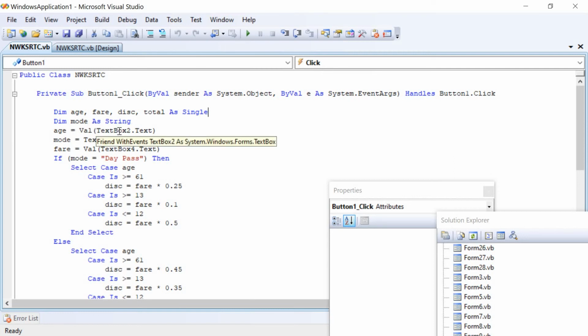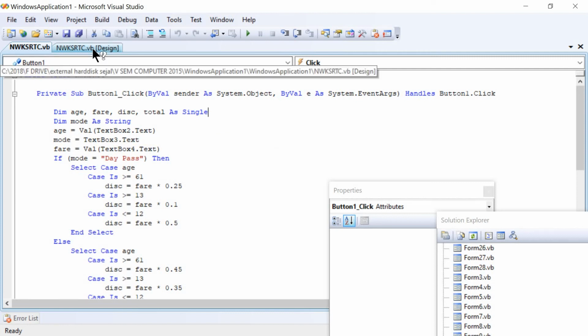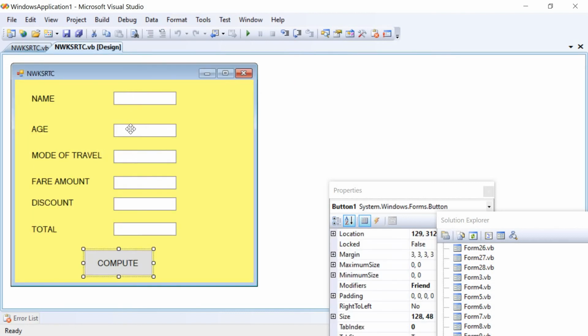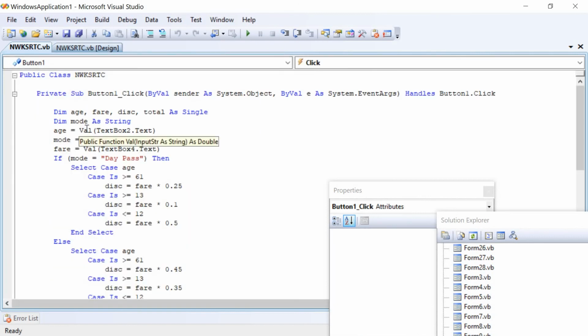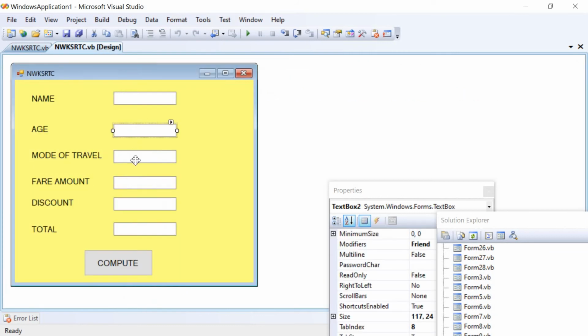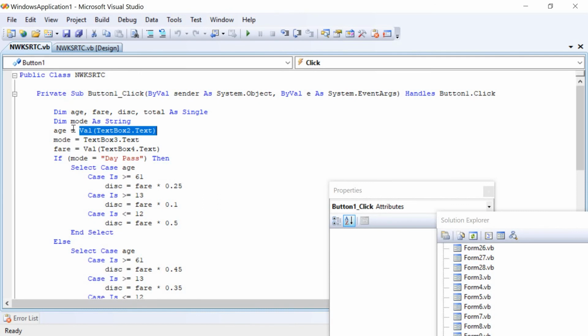As per the design, age is entered in text box 2, which has to be converted to number type using the val. Once it is converted to number type, it has to be stored in the variable age. Then mode of travel will be entered in text box 3, which is of text type, then store it in the mode variable.